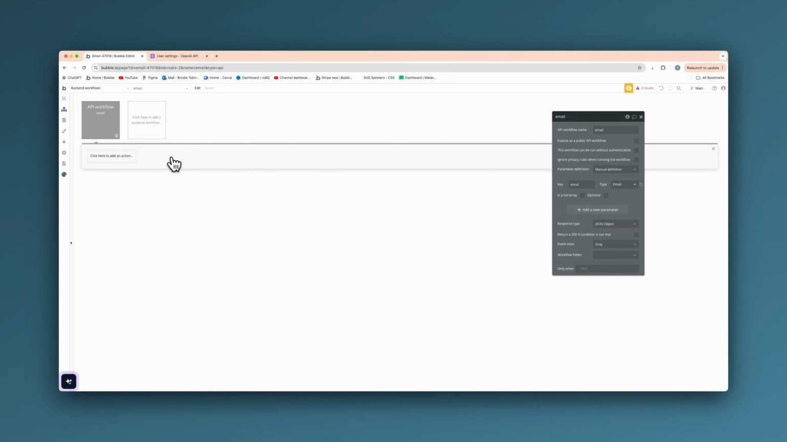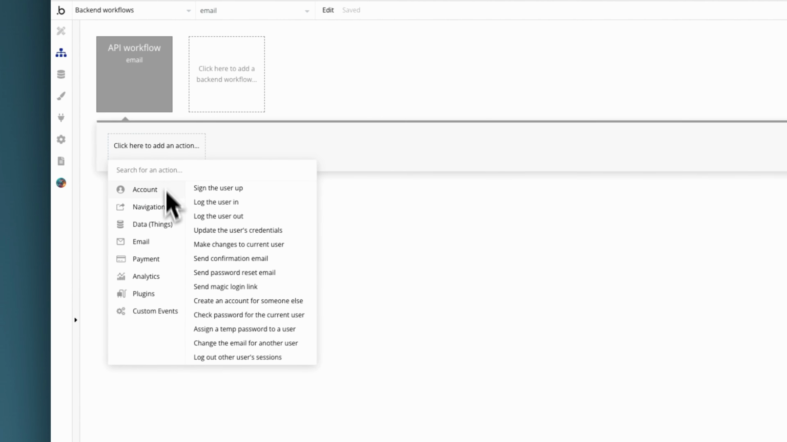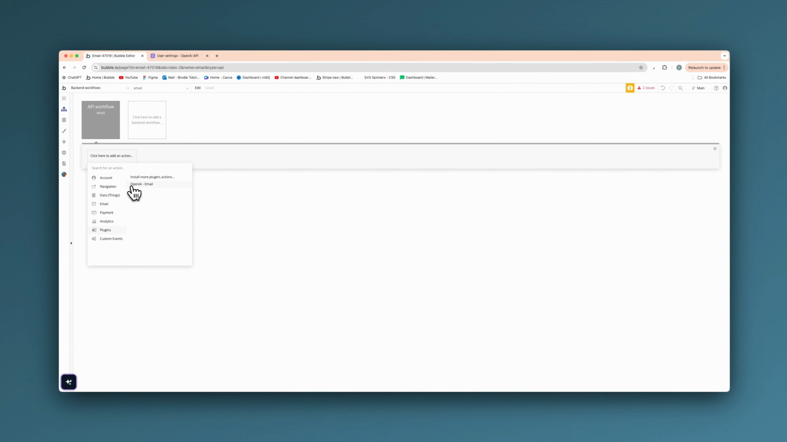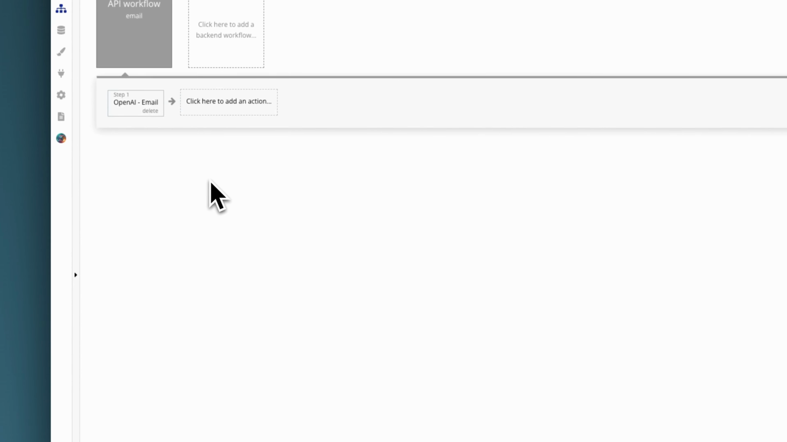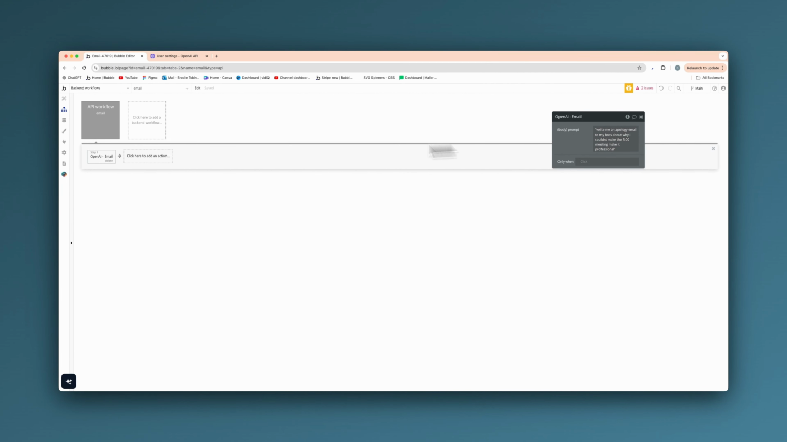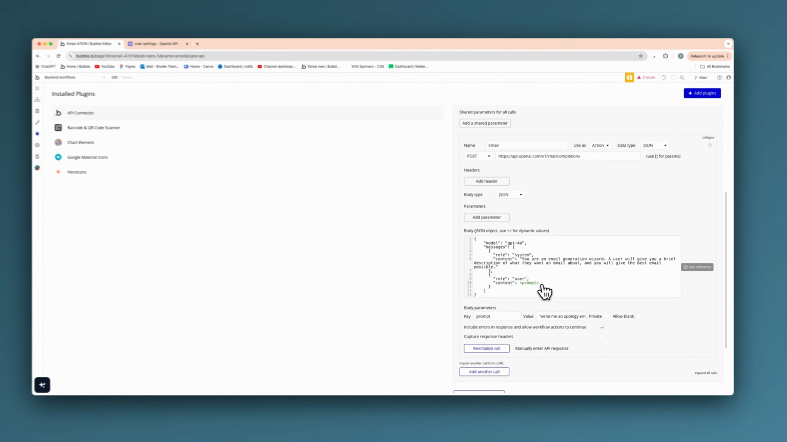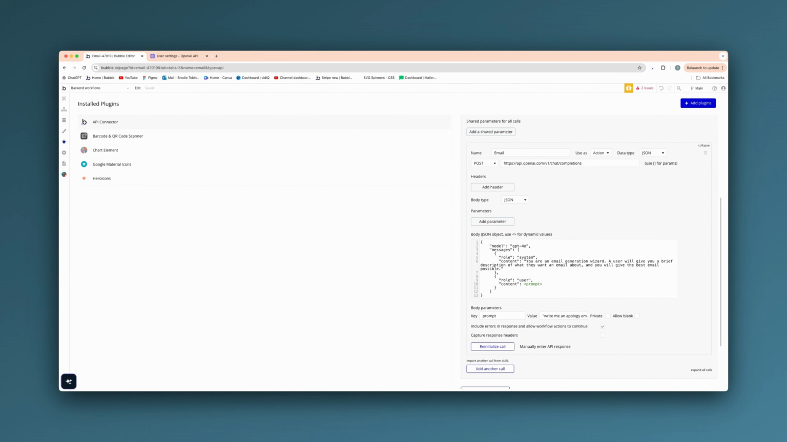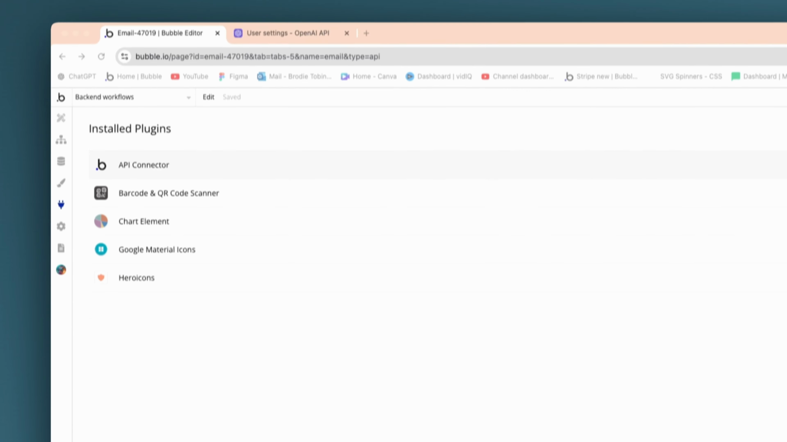All right, now what we're going to do here is scroll down to plugins, and we're going to set our OpenAI email. Now we have this little prompt here. This is the actual dynamic value that we set in the plugins. As I said, the prompt. So what we need to do here is actually